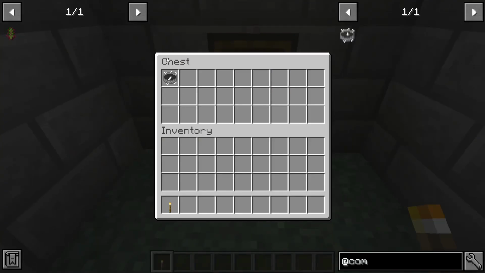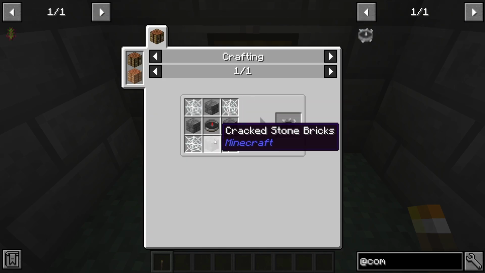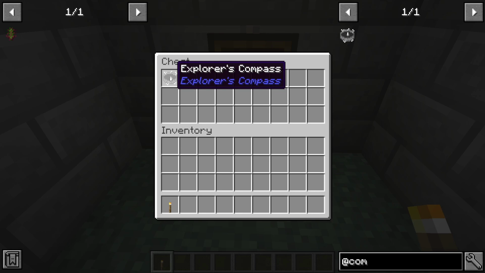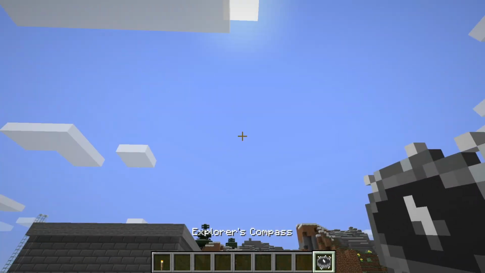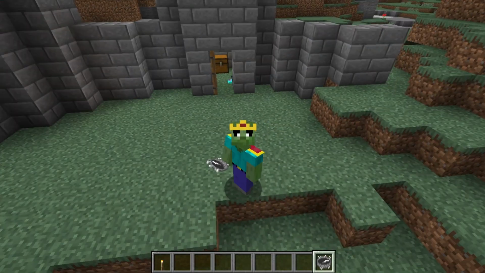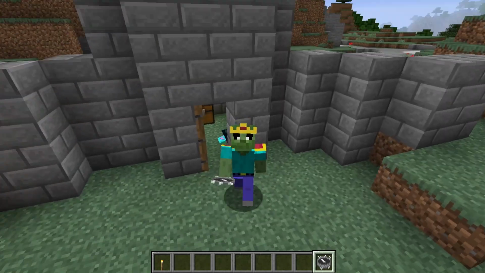Now, if we go over here real quick and hover over the Compass Explorer mod, this one's real simple. It's going to be some cracked stone brick, cobweb, and a compass. This is going to be super useful because it actually helps you a lot. Like this right here, if you guys are lazy, this is literally the mod that will save you hours of